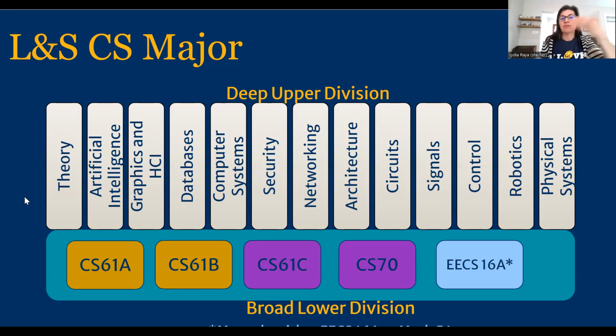And so what I went over on the last page, there's areas of units that you need to fulfill, but you get to choose which classes are going to fulfill those requirements. So we have lots of classes to choose from, which is really cool. You get a lot of flexibility and freedom with that. And then one of the upper division classes, that tech elective, just needs to be outside of CS. So it's a more interdisciplinary major.